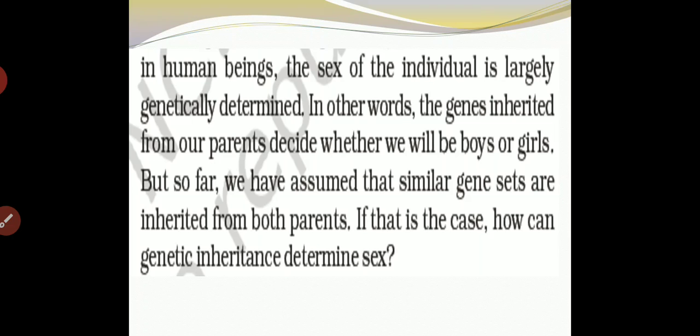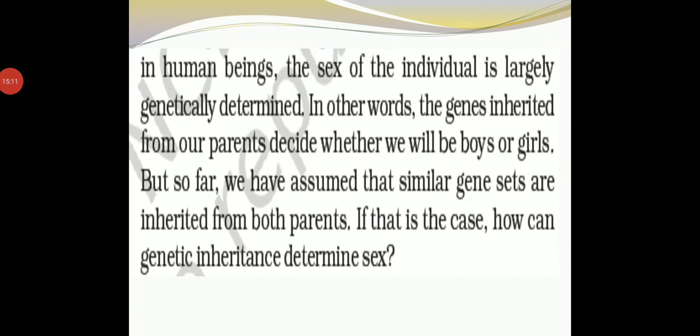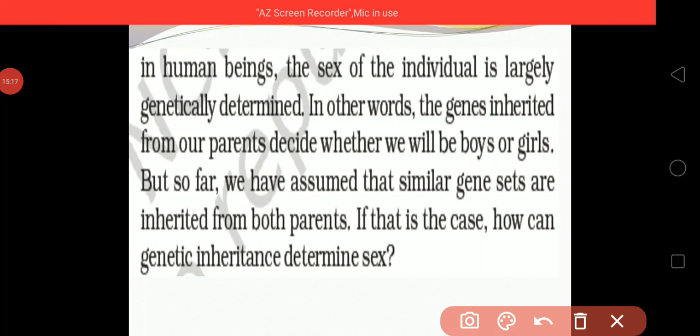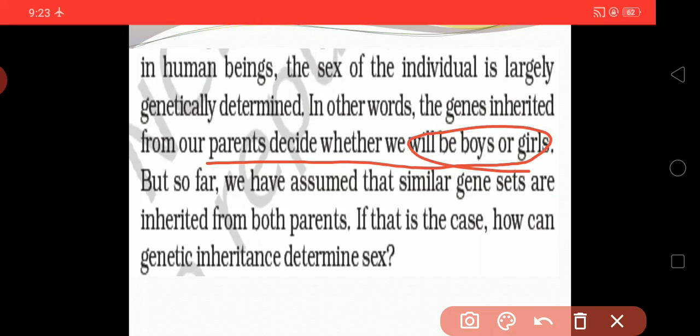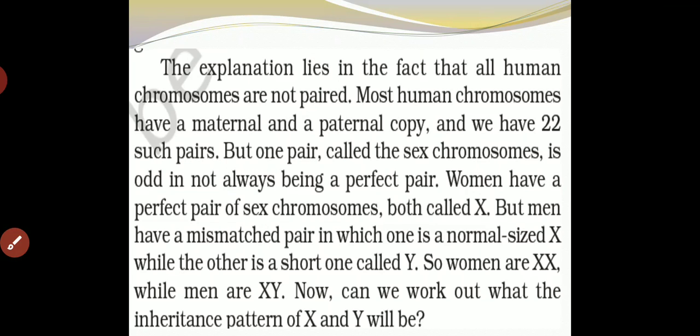In other words, the genes inherited from our parents decide whether we will be boys or girls. But so far we have assumed that a similar gene set is inherited from both parents. If that is the case, how can genetic inheritance determine sex? The explanation